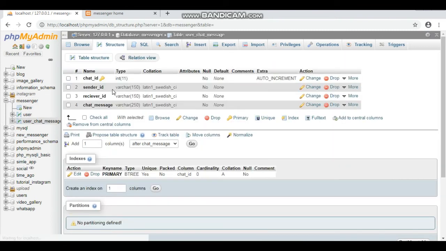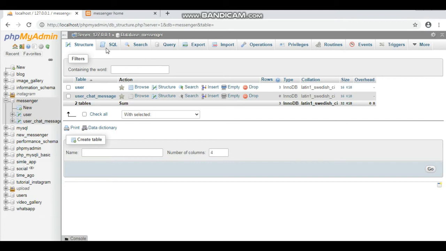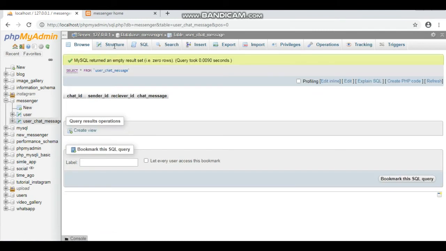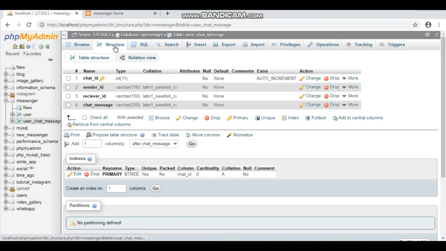Now again create user chat messages, two more columns after chat messages.